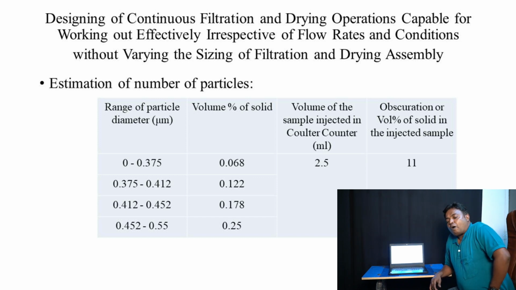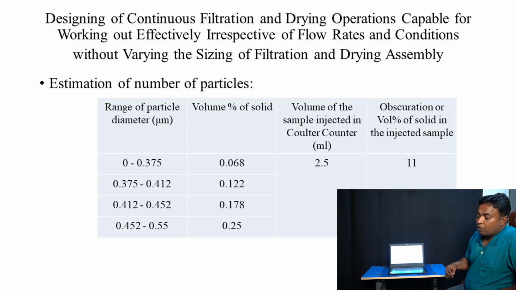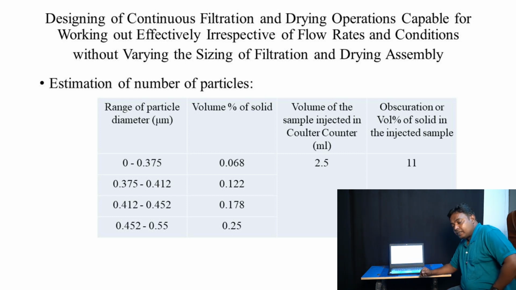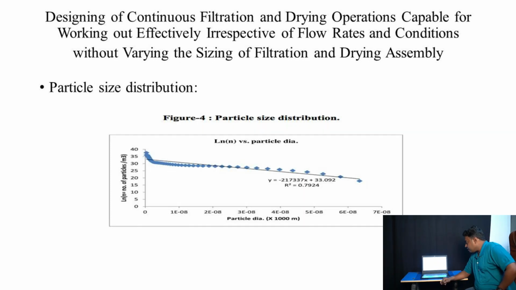As the formed particles are completely amorphous in nature, we assume they are spherical in shape, and therefore use the Coulter counter to measure the diameter of the formed particles. These are the observations of the Coulter counter, and from these observations we have estimated the number of particles present in the different ranges of particle diameter, and these are plotted against the mean particle diameter, which is called the particle size distribution. Because particle size distribution is necessary